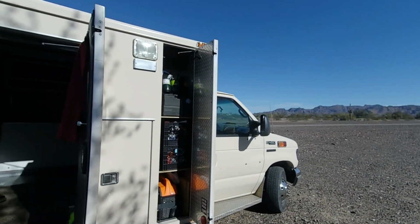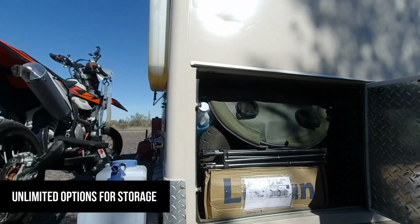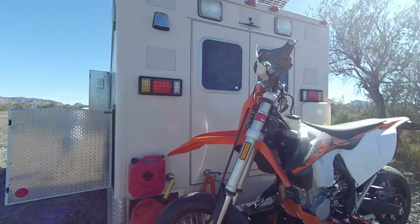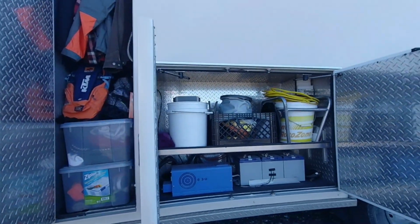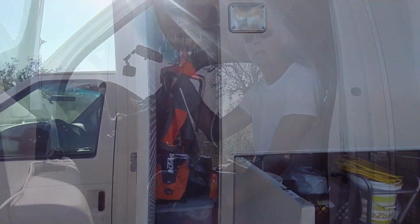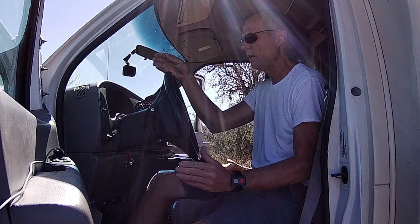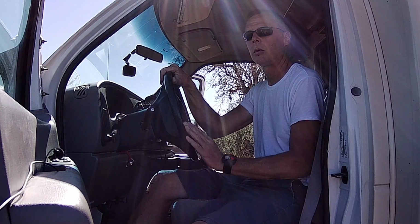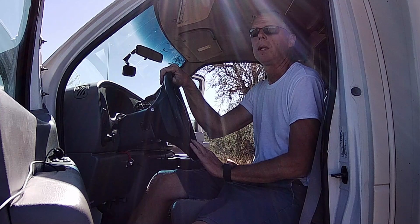Another plus, for me at least in this vehicle, is highway driving is really quite good. Once this truck is up to speed, and I set the cruise control, I don't have to really worry about anything. It goes straight down the road, smoothly. It can take interstate inclines, hills, as long as I have the speed set to 62 miles an hour or above. So I typically drive between 62 and 65, and I set the cruise control. And it will go up the inclines without having to come out of overdrive, and it will also go down